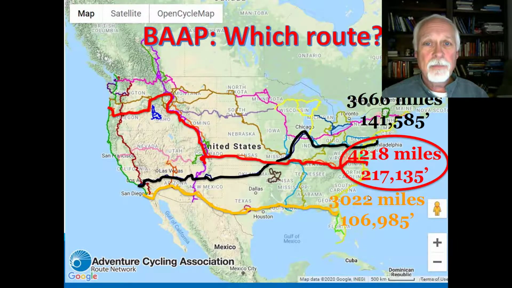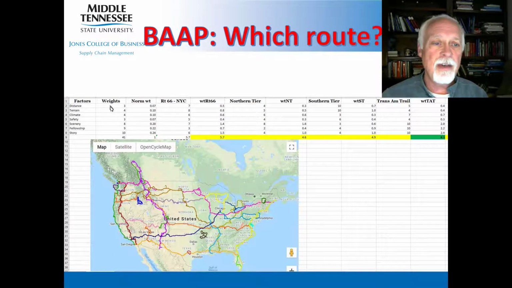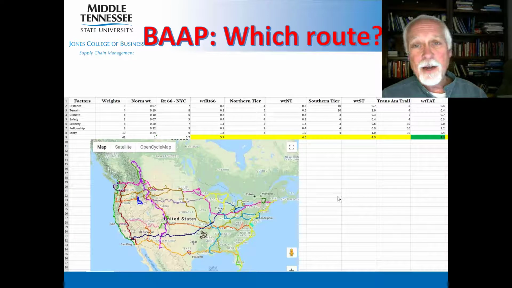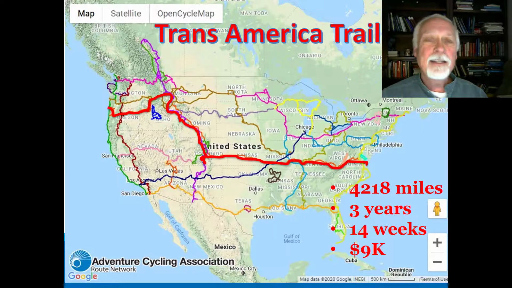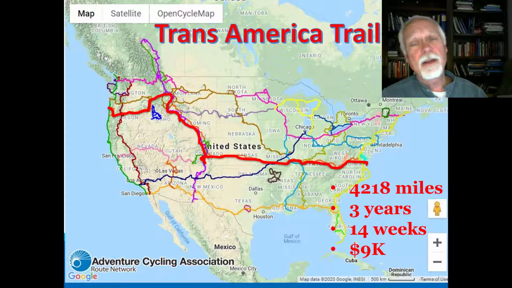So my decision. I did a factor rating analysis and came up with different factors that were important to me, not just distance and terrain. Probably should have included budget in here, but that's a factor of distance. But climate, safety, scenery, fellowship, and just the story that I'd be able to tell when I got through. That's very important to me. And in the end, it made me decide that the route I would really like to travel is the Transamerica Trail,